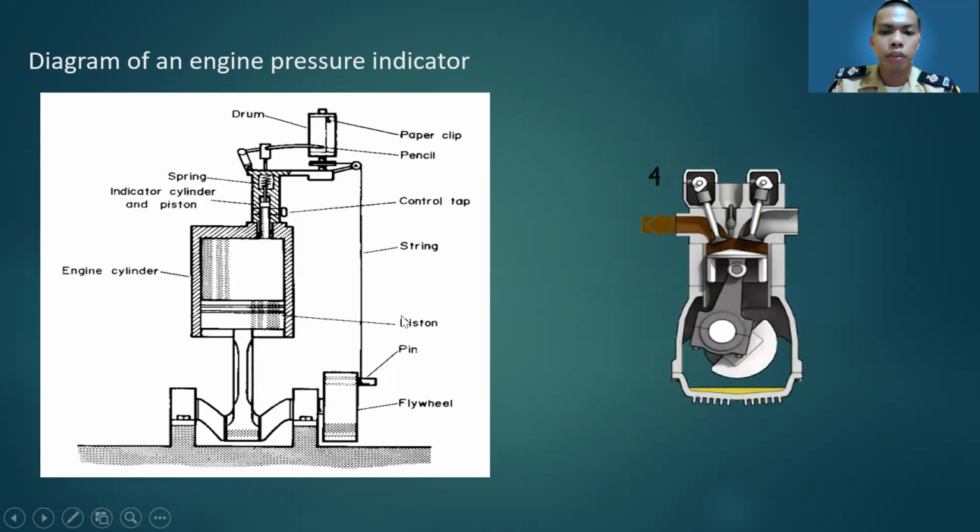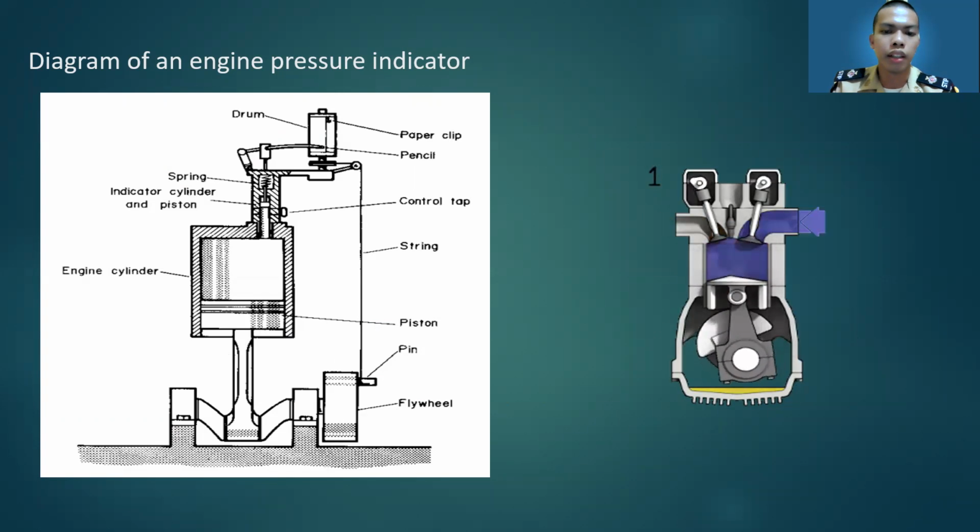In either case, pulling of the string continues upwardly, pulling the piston housing, the piston and the plunger upwardly. So therefore, each time the flywheel rotates, it causes the drum to rotate backwards and forwards. So the point of the pencil is held against the paper on the drum. Consequently, the pencil marks the length of the strokes on the paper each time the drum rotates.